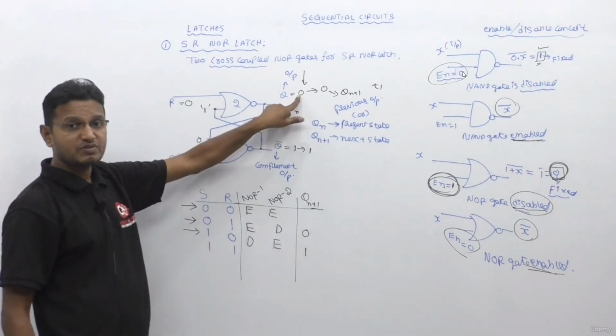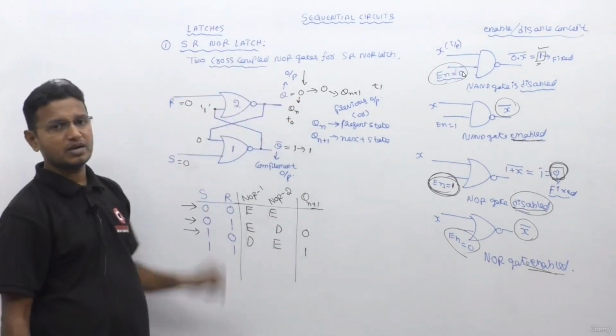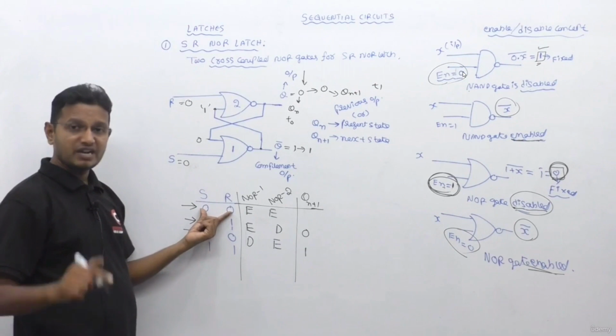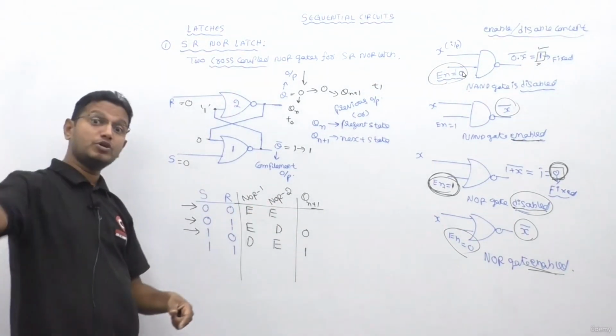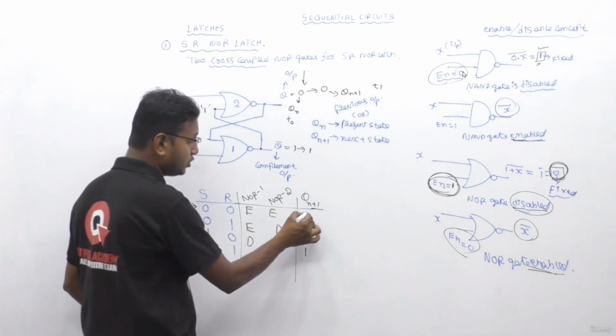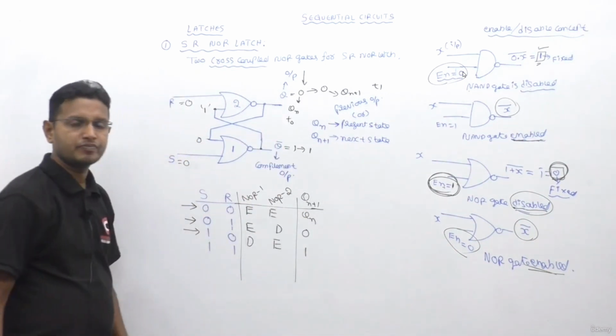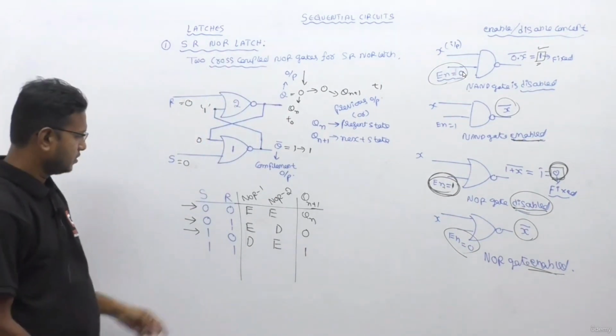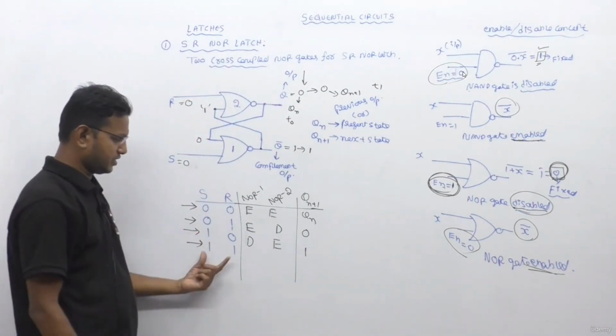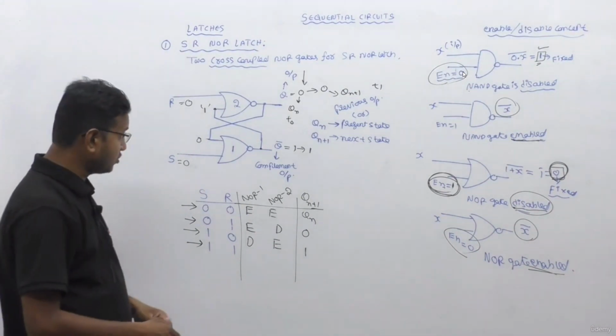Now if you take the previous value 1 and do the analysis again, you will get 1. The meaning is, when s equal to r equal to 0, both the NOR gates are enabled and the output is the same as the previous value qn. This is what I want to say. If you take 1, again you will get 1. You can do the analysis. Very simple. Now the next case: if s equal to 1, r equal to 1,